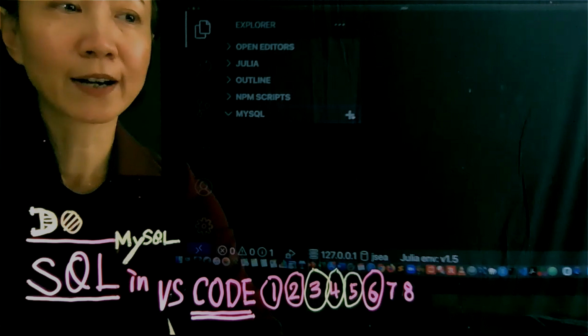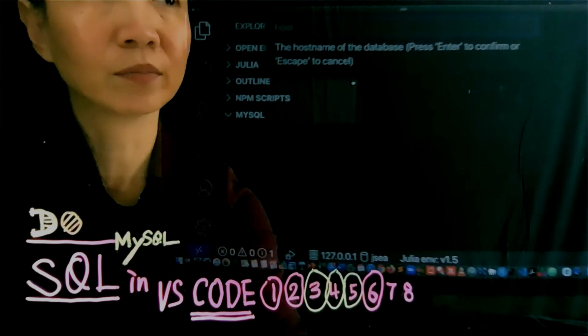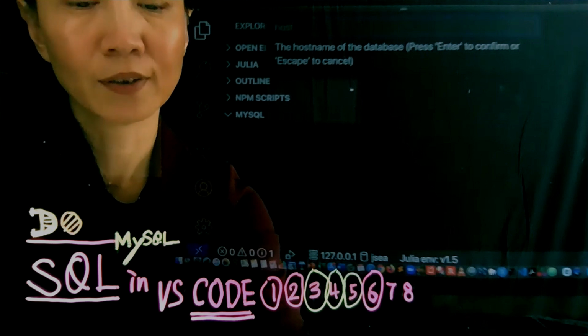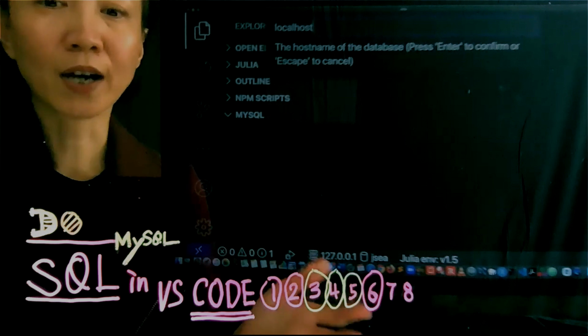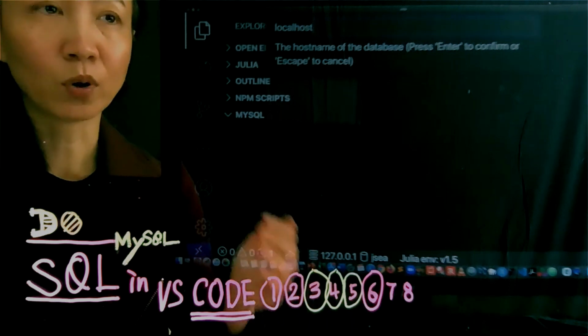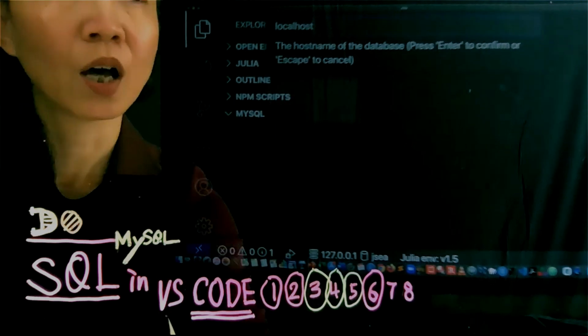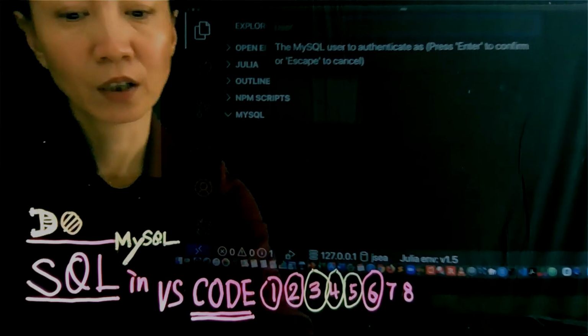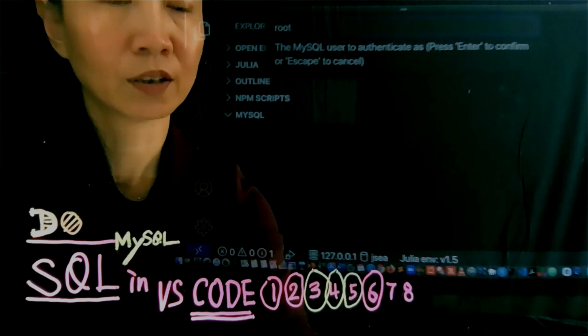Now press the plus sign to enter information for the connection. For the hostname of the local server, you can use localhost or the IP address 127.0.0.1. Here we can use localhost. Press enter to confirm. The user by default is root.